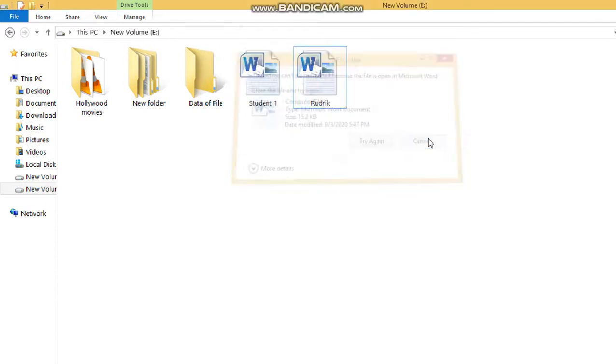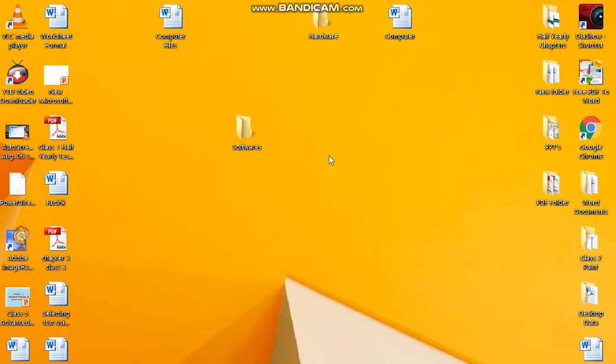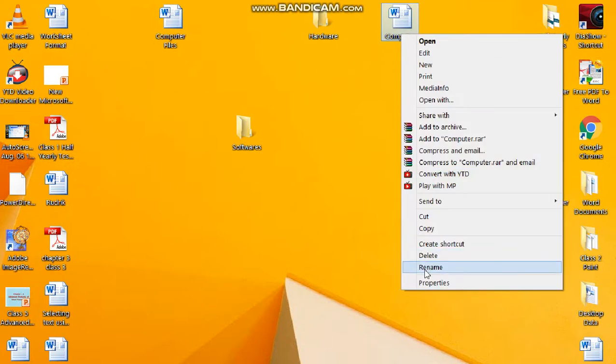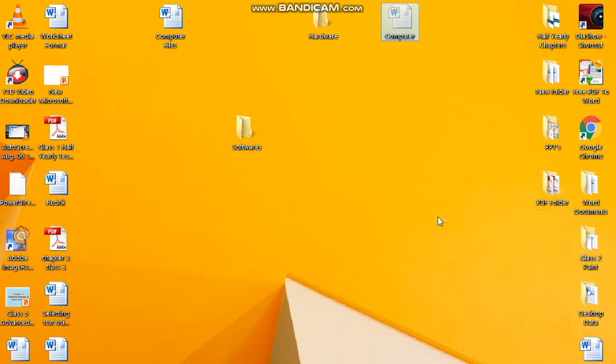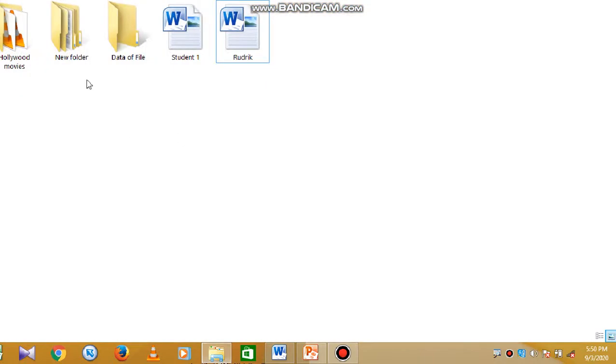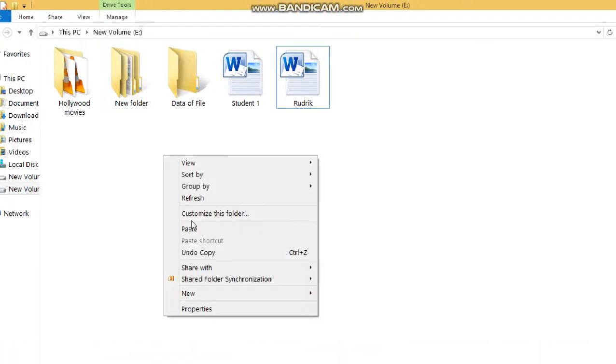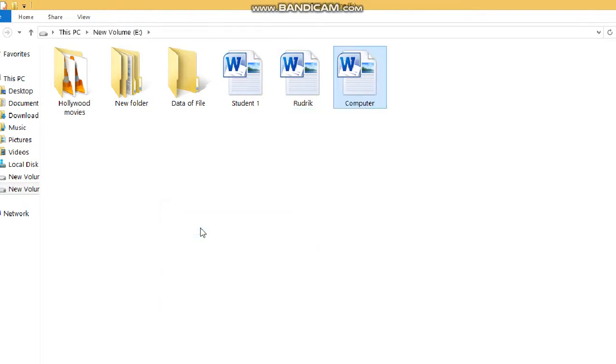Now you will see, okay, it is not copying. We will take another file. How it will be copied? See, I am taking this file. Okay, so select this file again, cut and choose the location wherever you want to paste it. See, in the E drive I am going to save it. On the right click on the blank area and click on the paste option. As I will click, it is paste on this E drive.